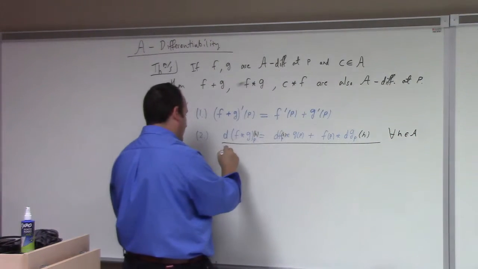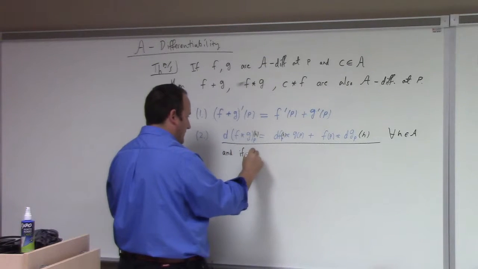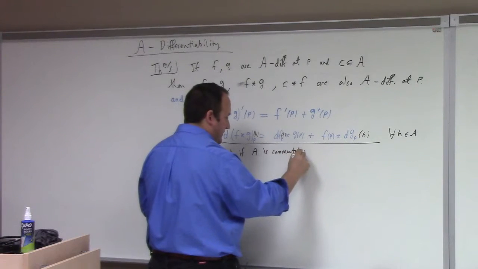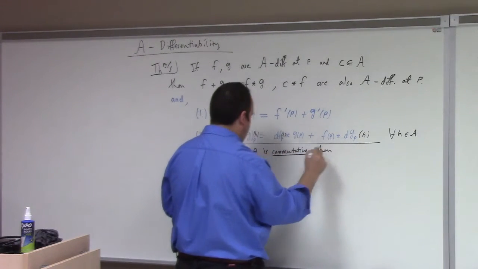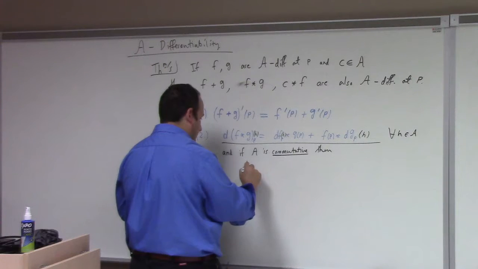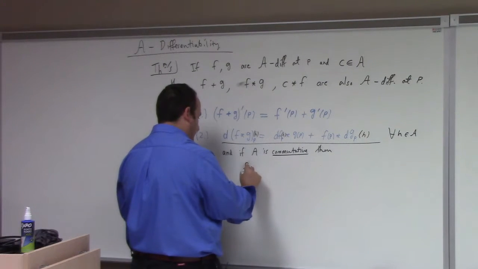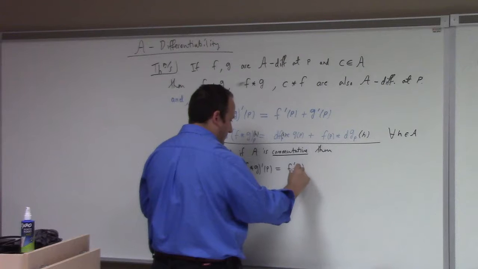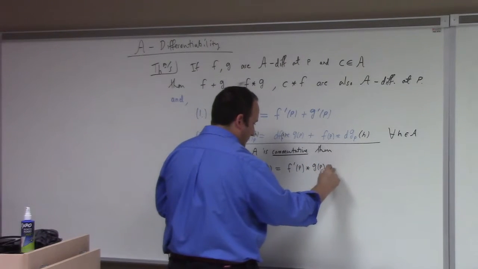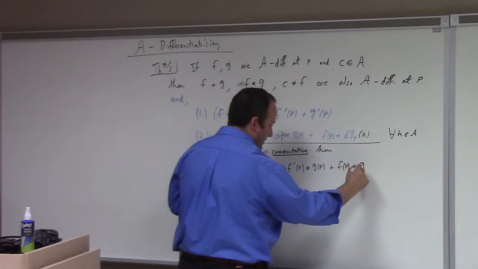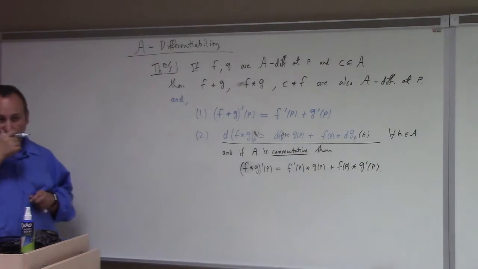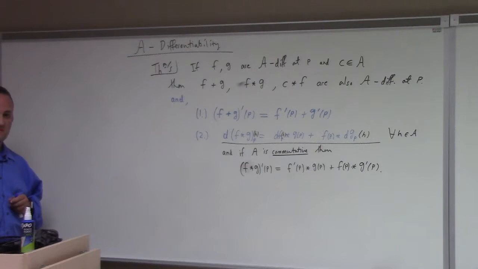And then here's the and. If A is commutative, then f times g prime of p, guess what it's equal to? How about this? f prime of p times g of p plus f of p times g prime of p. So we do need that the algebra is commutative. If the algebra is not commutative, the product rule, well,